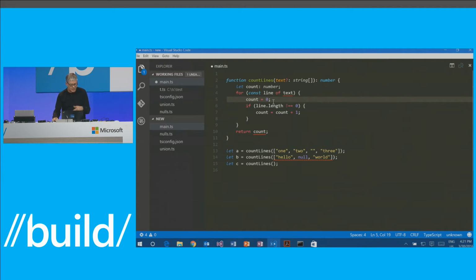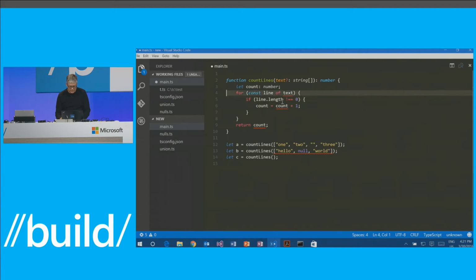Well, that actually would work inside the loop, but that's obviously not going to work down here. And really, where I need to do that is up here. And then that error goes away. And in fact, I don't even need the type annotation at that point anymore. I can just say count equals 0, and we know.